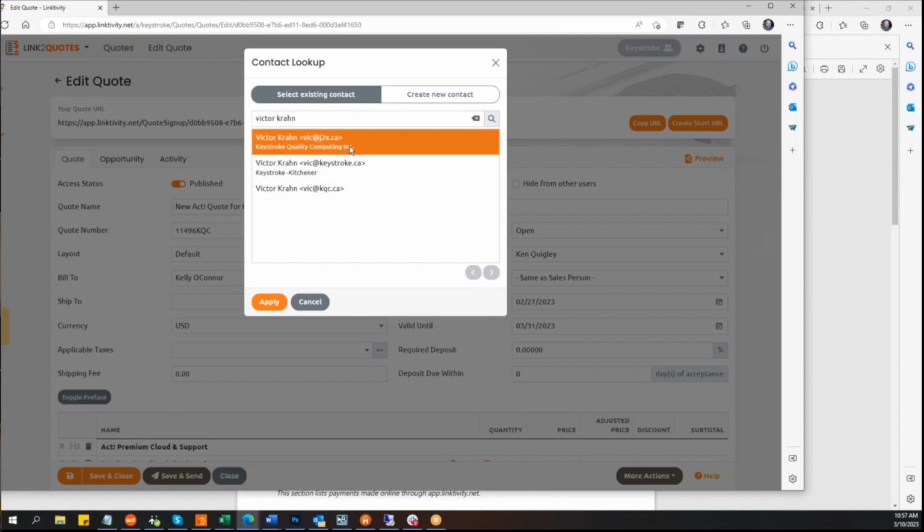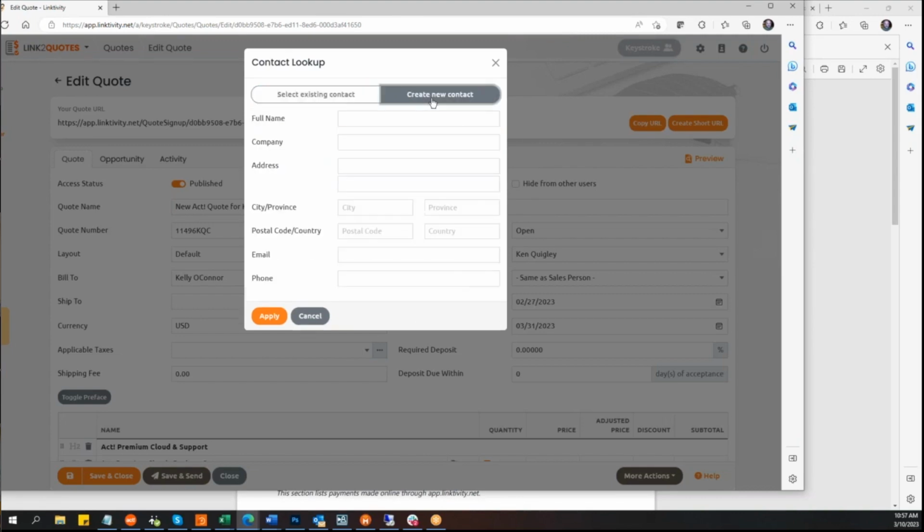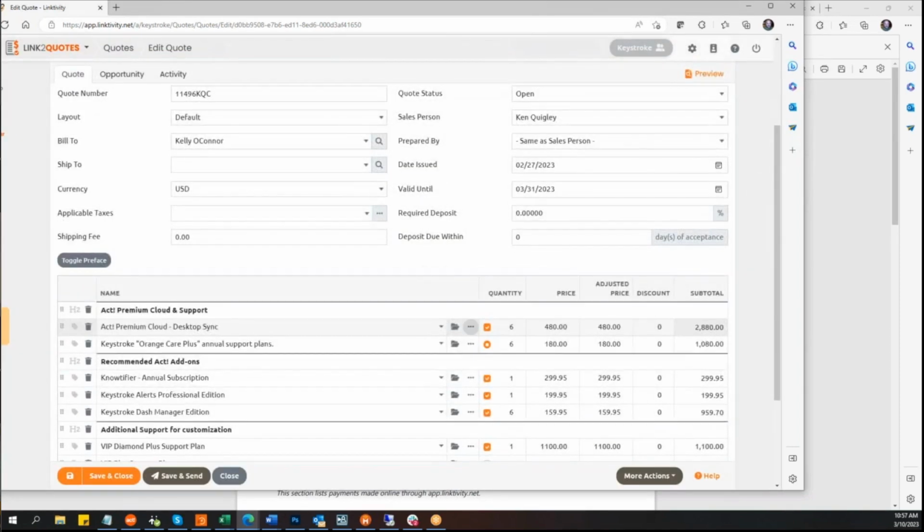If, however, you just got a business card from someone and you're not near your computer, you're at home, you can click on create new contact and you can actually add them to the database on the fly. Got it. Okay, I think we're the only quoting solution that does that. Okay, now this is a recent feature,